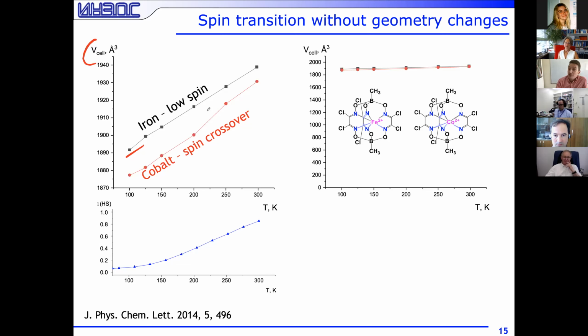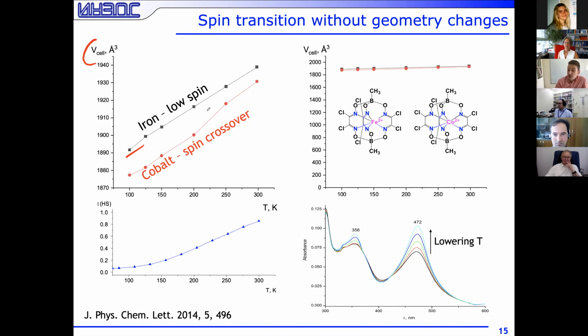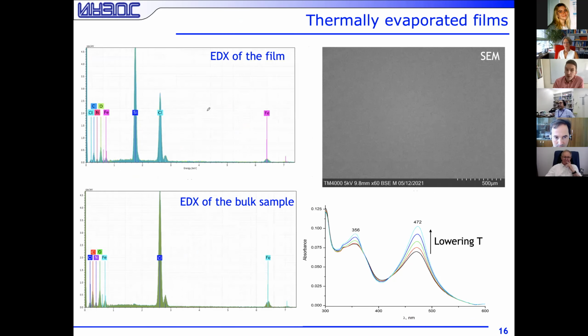Additionally, we checked if we can make films out of these compounds, and we've been able to make films which still have this spin transition behavior. Here we have a cobalt complex, we lower the temperature, and we see the change in the spectrum, which shows that the spin transition is still operating. And the films are of very, very good quality. They're really uniform and without any defects. If we check EDX spectra of the film and compare it with the spectra of the bulk sample, we see that with the exception of the substrate, the spectra are absolutely the same. So compounds survive vacuum deposition, they form nice layers, and it means that in principle, we could make spintronic devices